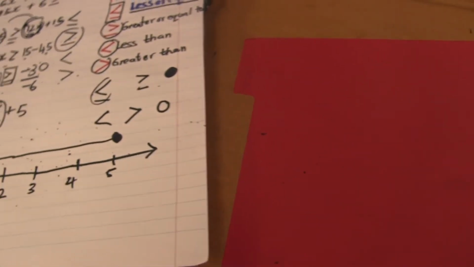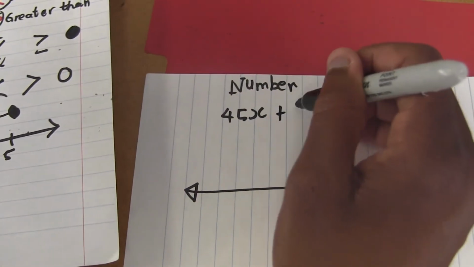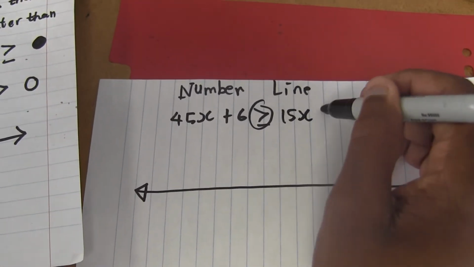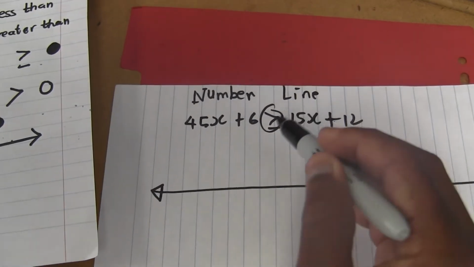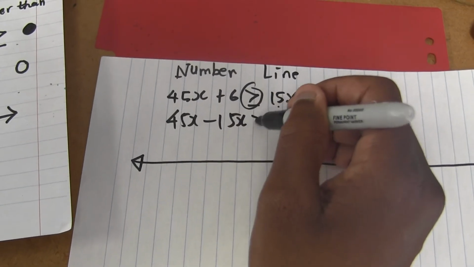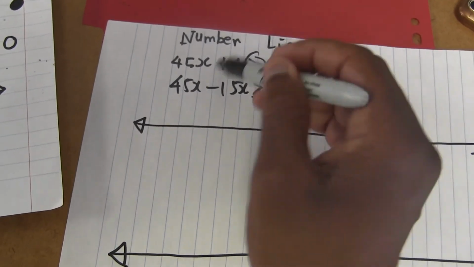So the last one, let me do the last one quickly. Okay, just a minute, sorry. My page is finished. Okay, the last one. You say 45x plus 6, greater or equal. It cannot be because this is double. So 15x plus 12. So what happened? Take 15 over,